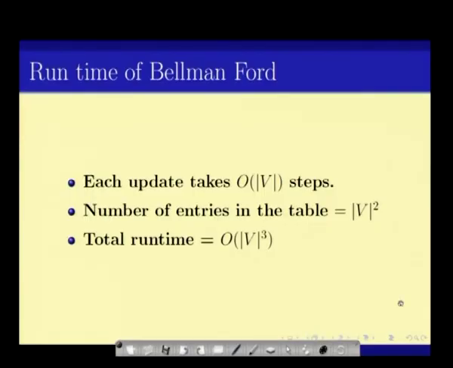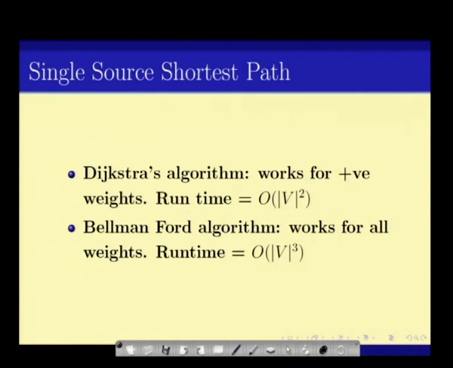Basically, the table has n square entries and each entry takes n steps. So, we get order V cube steps. In short, Dijkstra's algorithm works with V square steps with positive weights, and Bellman-Ford works with negative weights, but